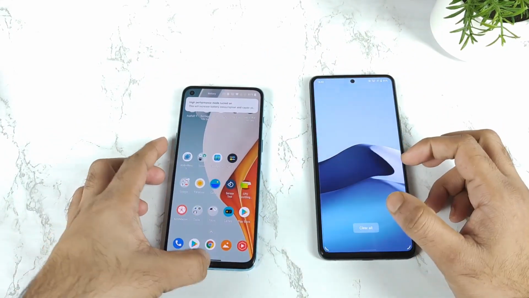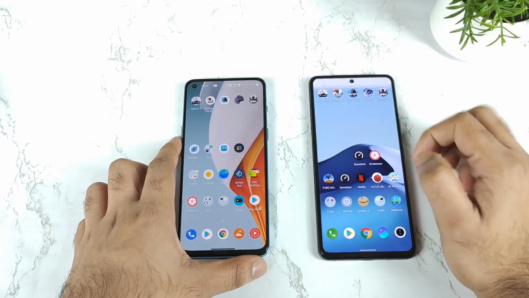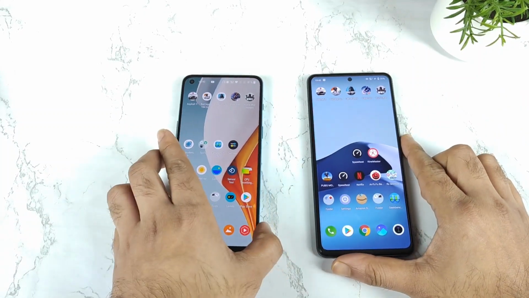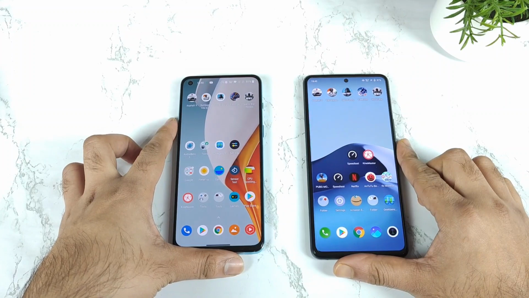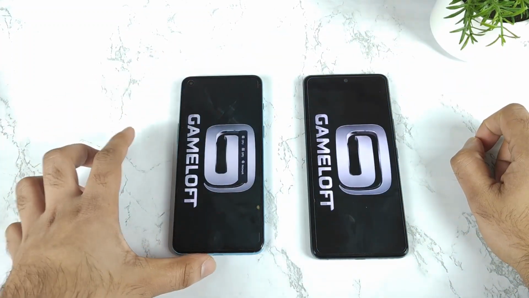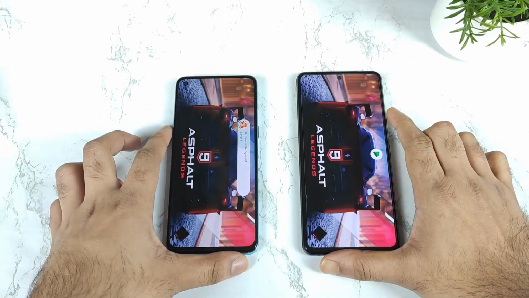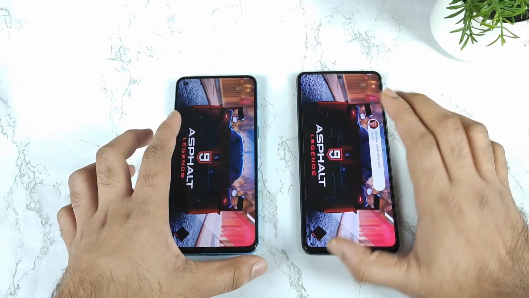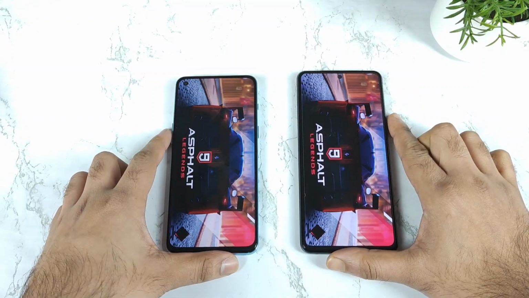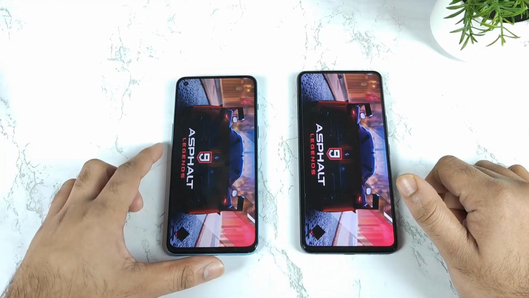Right now all the apps are completely cleared from the RAM management, everything is pretty good. And ultra game mode is enabled in this iQOO 7 device as well. Let me start with the first game, which is Asphalt 9. Using high performance mode, let's see which phone actually opens faster. You can see both phones have the game turbo enhancement boosters enabled. Now we'll find out the exact results.